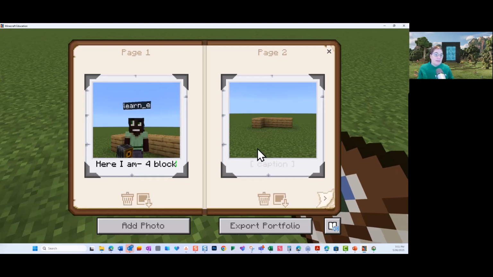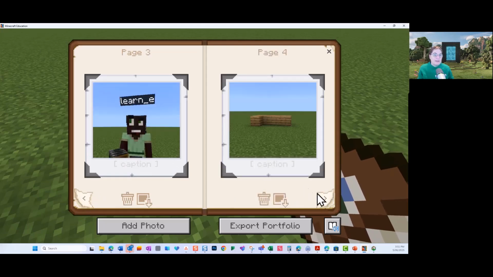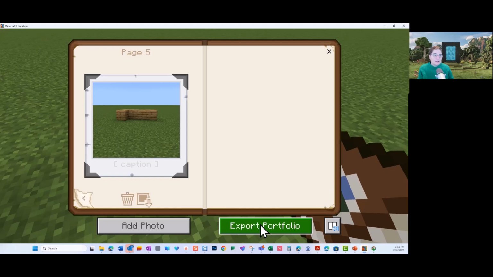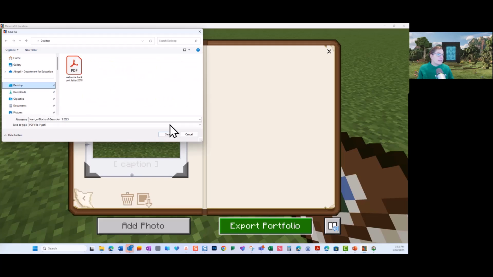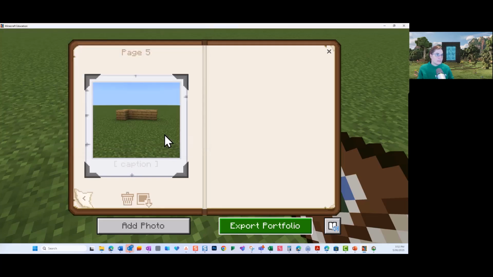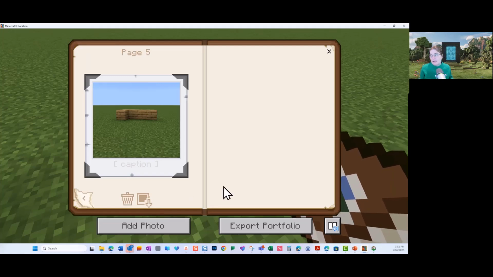If I'm happy with this portfolio, it's going to keep on growing whenever I take a photo, but if I'm happy with how it is, I can click on this export portfolio. It's going to then save it as a PDF for me. So let me just save it on my desktop. So that's an easy way to get students to take photos and then export them out so that you can use them outside of